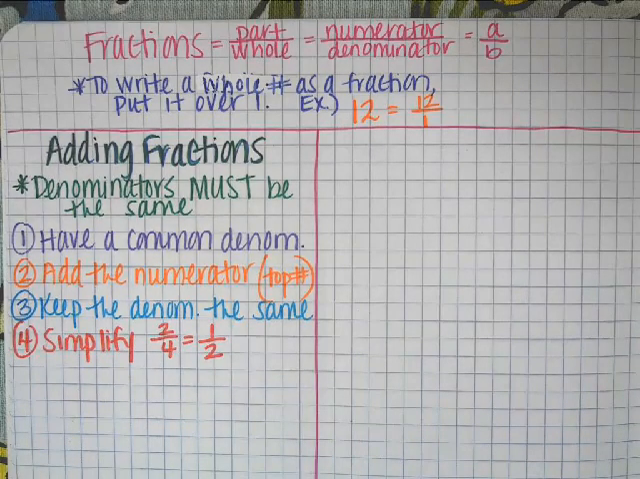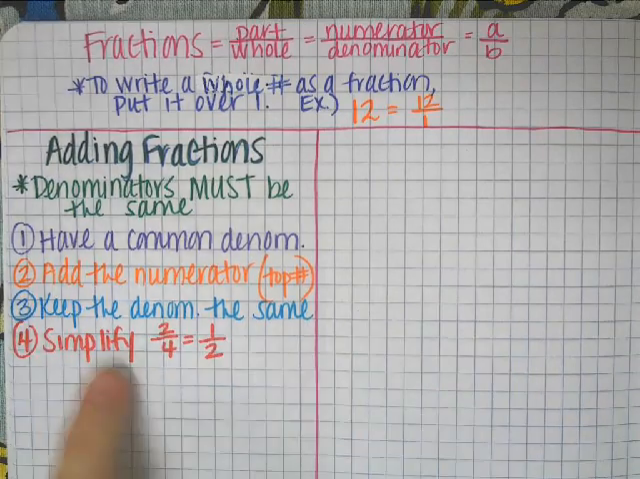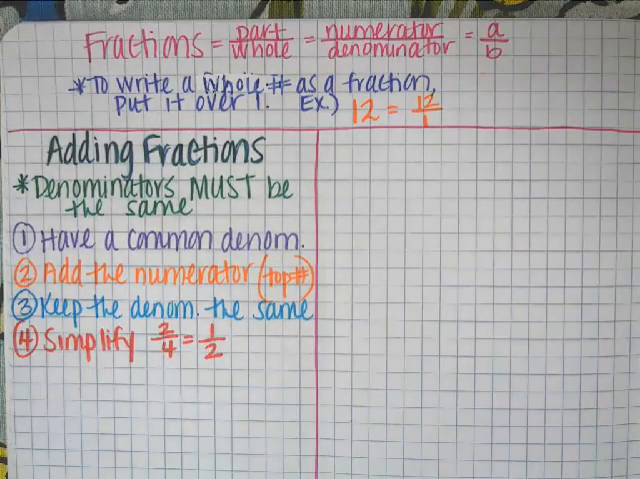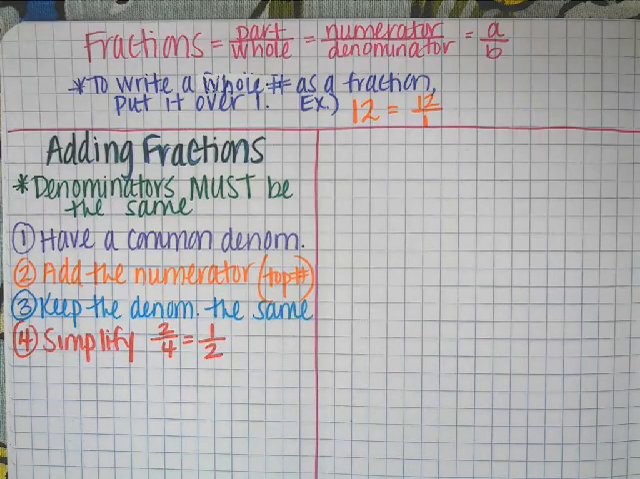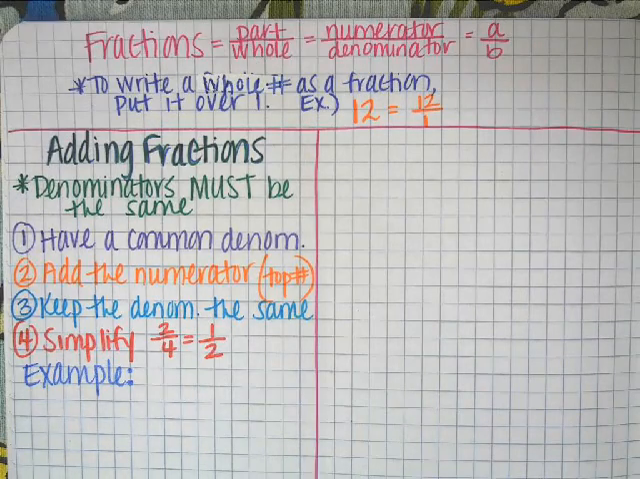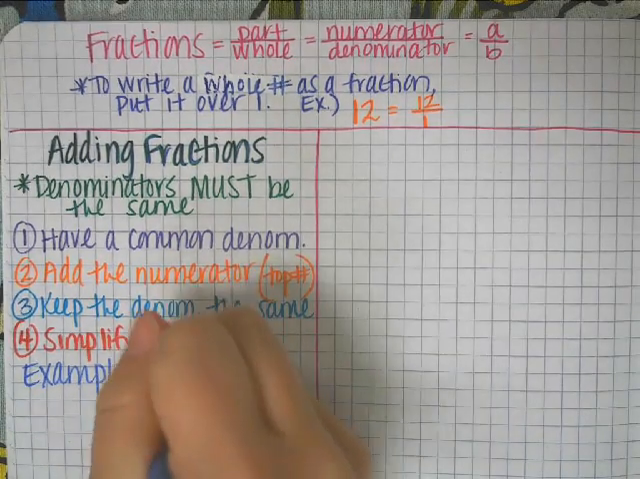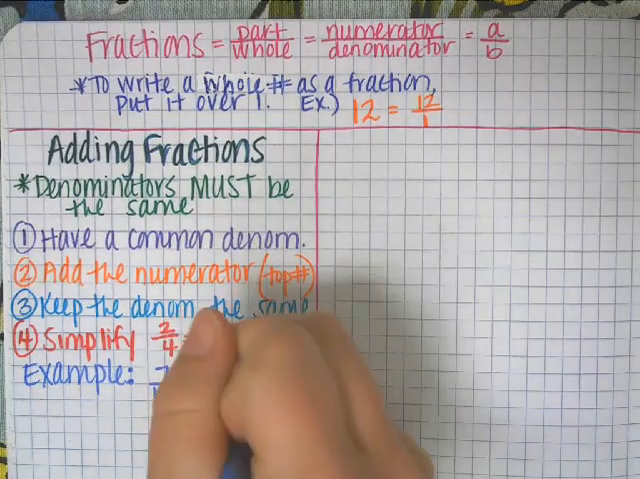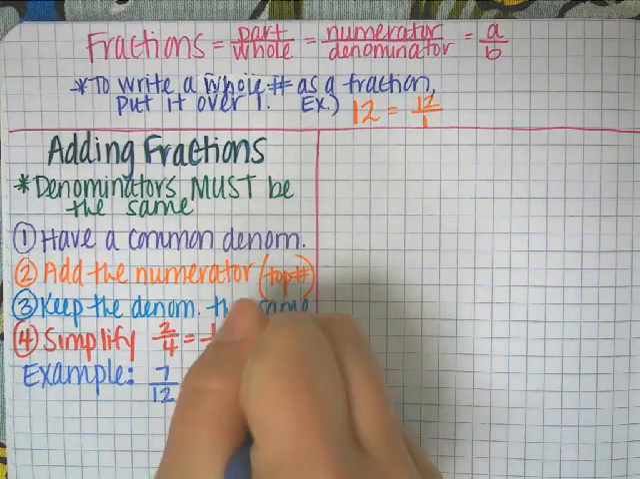Now that we've done all these steps, the last and final step is to simplify. An example of simplifying is having 2/4, and we know that they're both divisible by 2, and now we have 1/2. Our first example that we're going to do together is looking at 7 over 12 plus 11 over